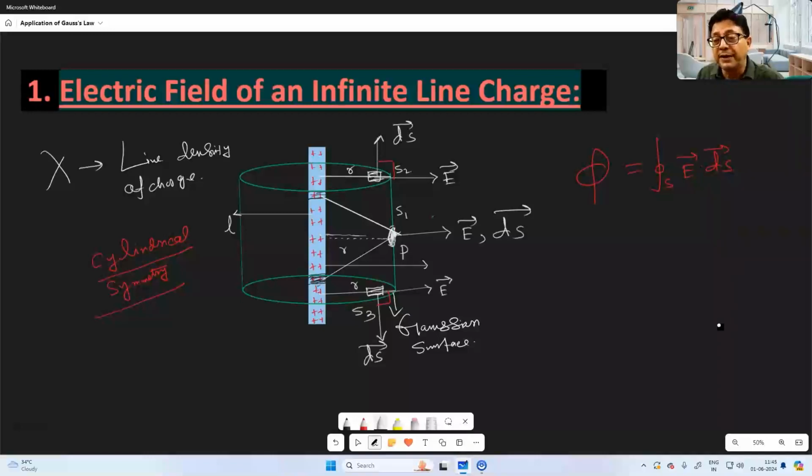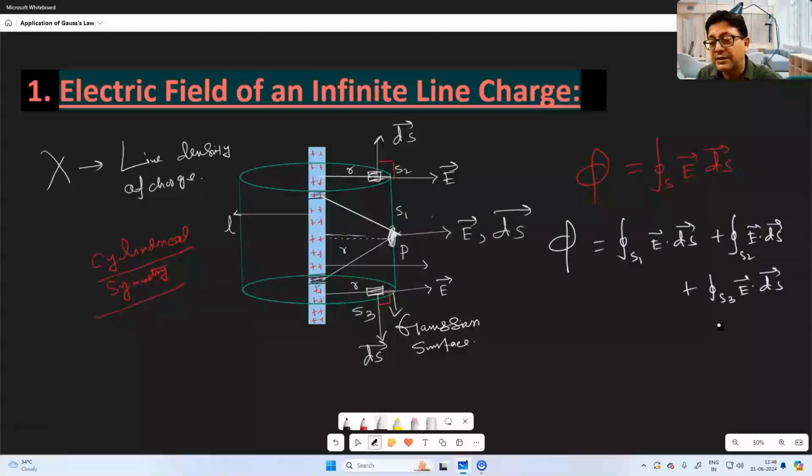So let us find the value of phi on the surface S1, E dot ds, on the surface S2, E dot ds, on the surface S3, E dot ds. Alright. In case of S1, the electric field is along the area vector